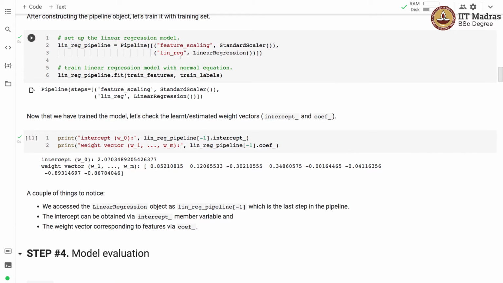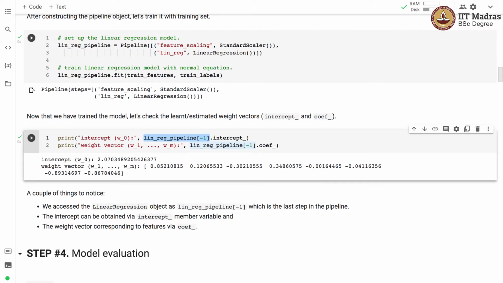We can access this particular estimator by lin_reg_pipeline[-1]. And you're very well aware of how indexing works in Python. Since we are trying to access the -1 index, which is the last step in this pipeline, which is linear regression, this expression